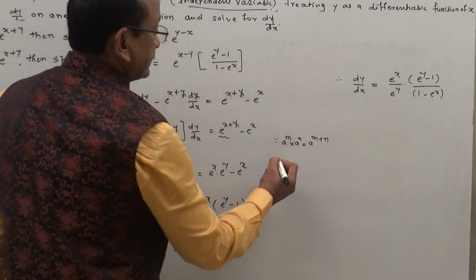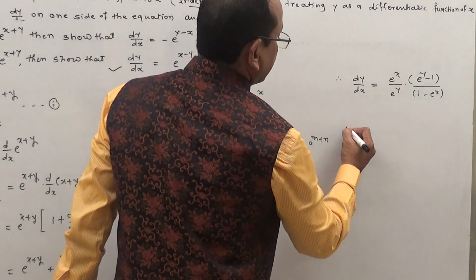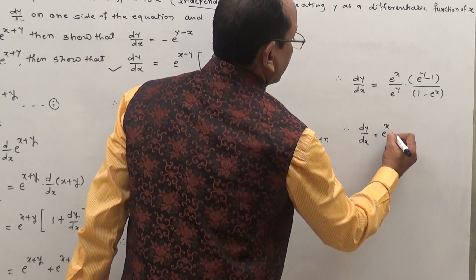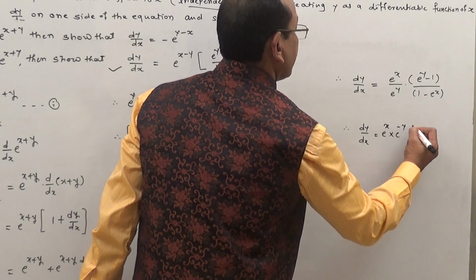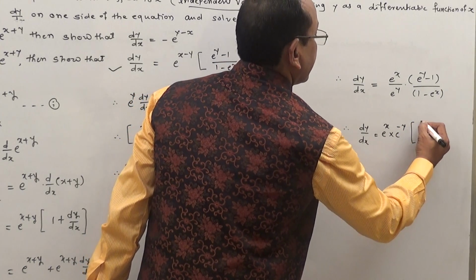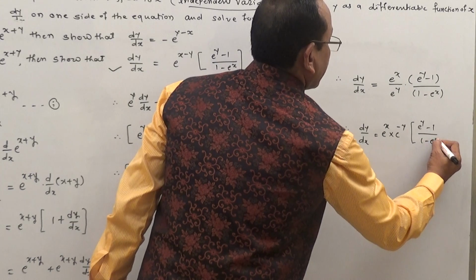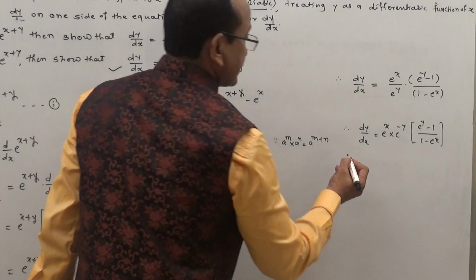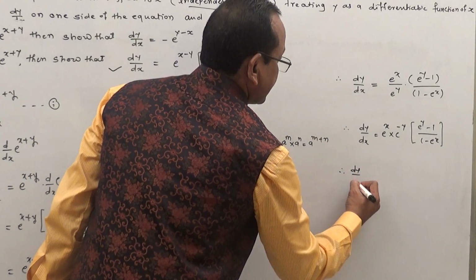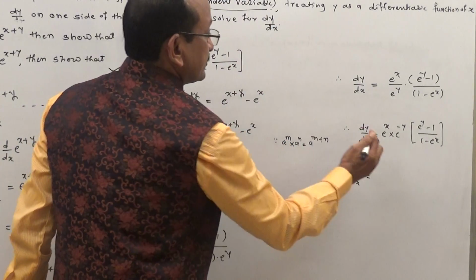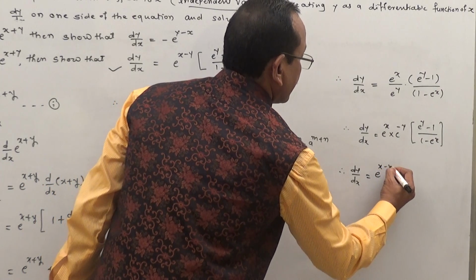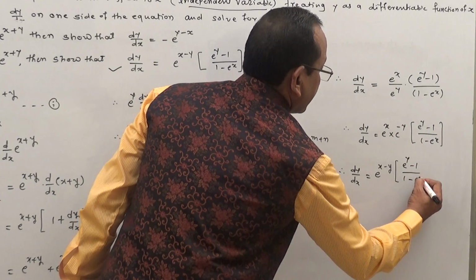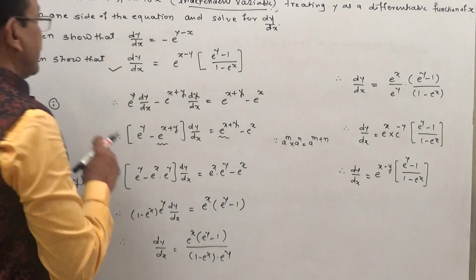Then by the laws of indices, dy by dx is equal to e raised to power x into e raised to power minus y into bracket 1 minus e raised to x. And then by the laws of indices, dy by dx is equal to, by this rule, e raised to power x minus y into bracket 1 minus e raised to x, which is the required proof of this